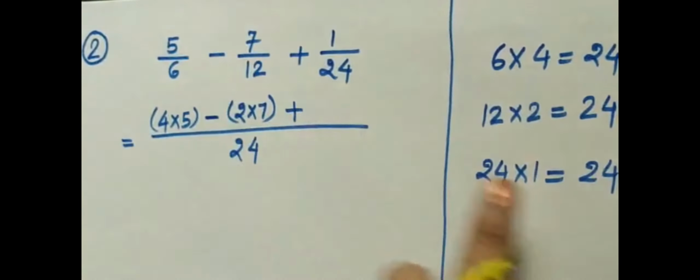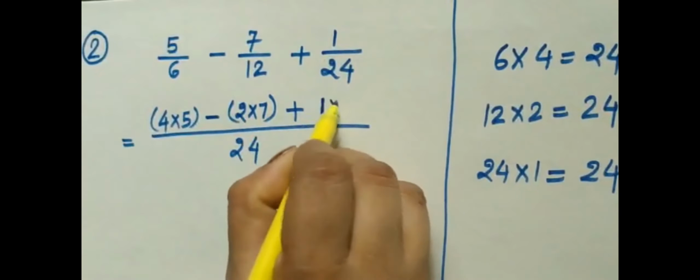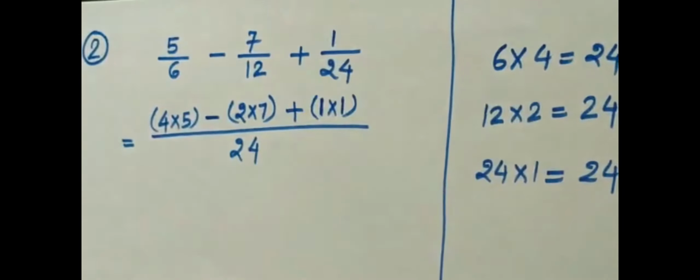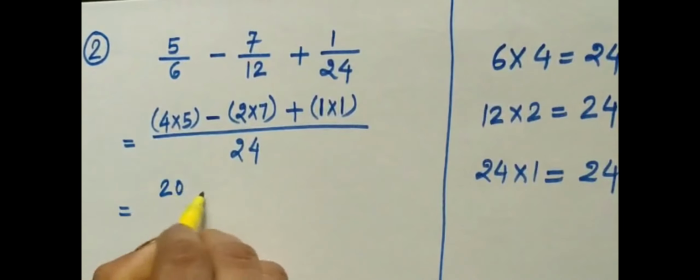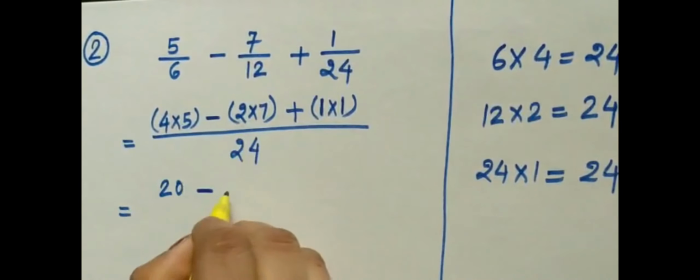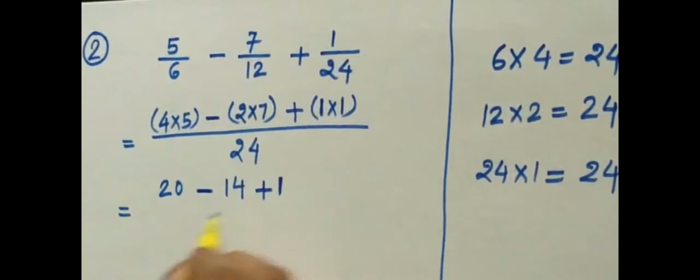In the table of 24, 24 cross 1 gives the number 24. So this 1 will be multiplied with this numerator. So again we will write the 1 cross 1 in a bracket. We need to solve all the brackets now. So 4 cross 5, that is 20, minus 2 cross 7, 14, plus 1 cross 1, that is 1, divided